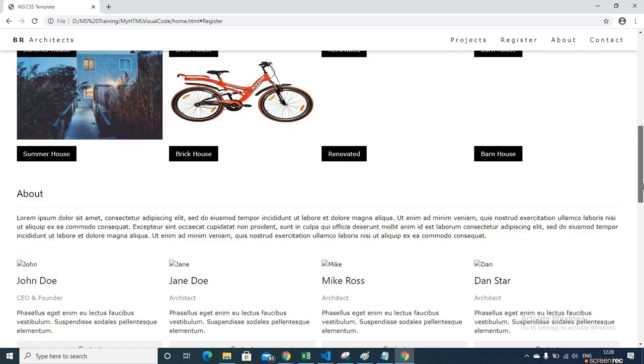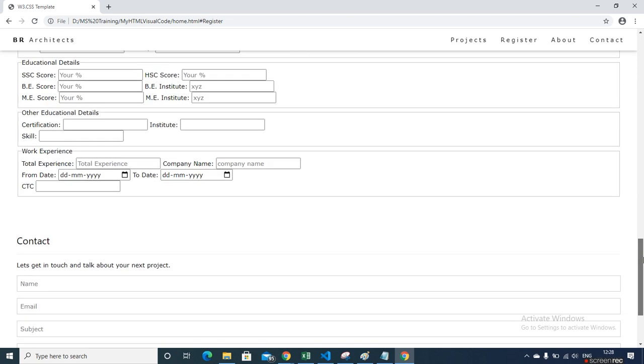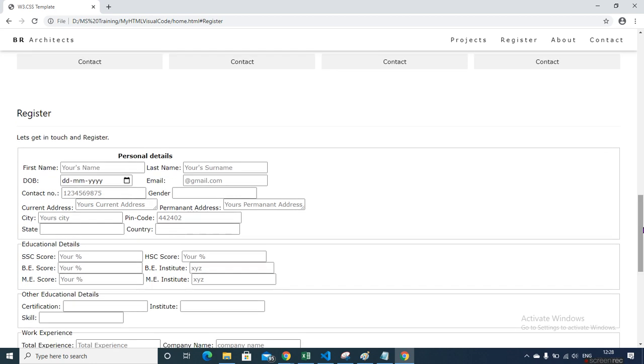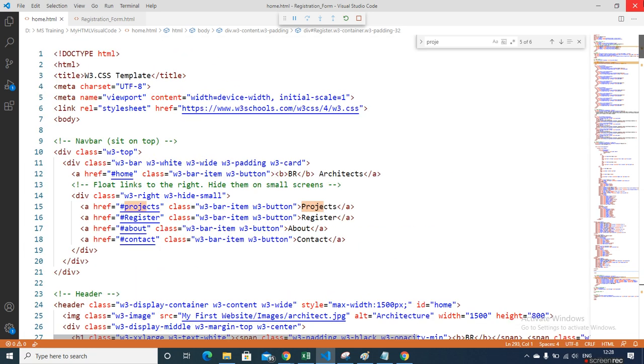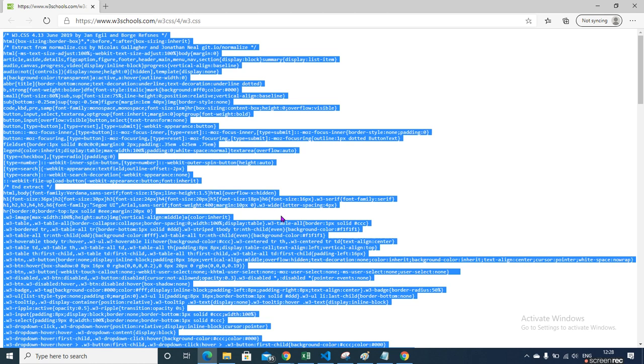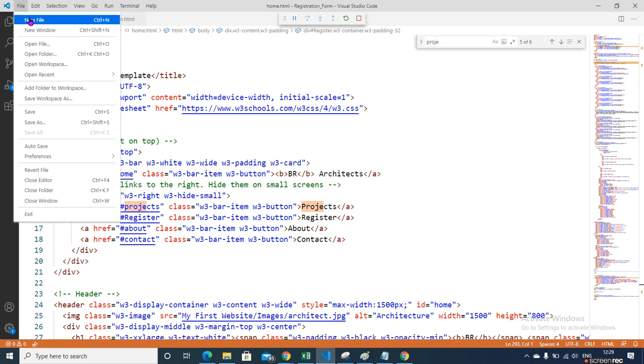Yesterday I told you to implement this. Now you can attach your own CSS and all these things for your registration form, or you can refer to this contact section and based on that you can add W3 CSS also. W3 CSS is already loaded on our page, as you can see. If you want to save it in your browser, just follow this link, open it, Control A, Control C, go here, say file, new,